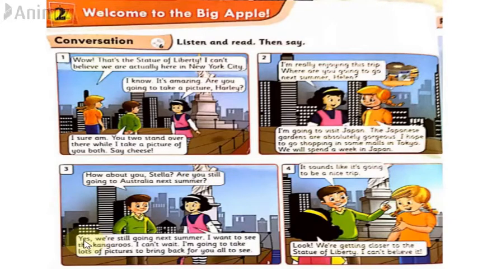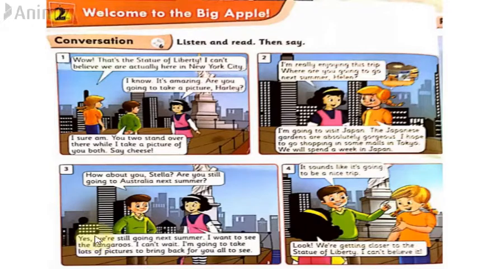So she says yes. Now whenever you are going to answer a question with yes or no, then first of all you are going to write yes, comma, then the remaining sentence, or no, comma, then the remaining sentence. So now he is asking her, okay, are you still going to Australia next summer? Australia again is with a capital letter because it's a proper noun, and the helping verb is at the beginning of the sentence. Are, it is starting with are. So in the end there's a question.